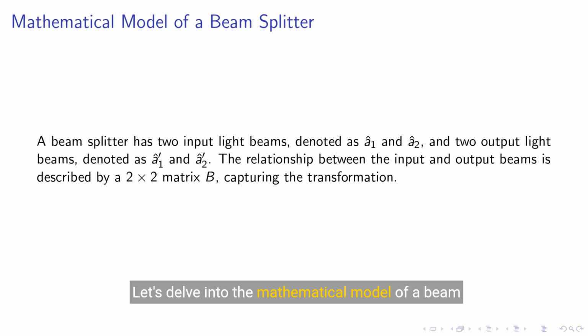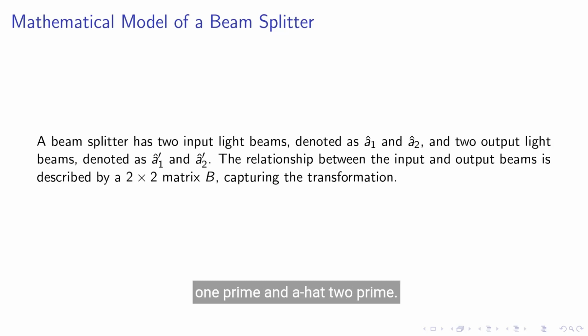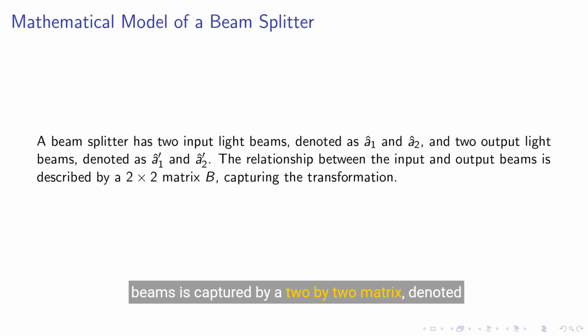Let's delve into the mathematical model of a beam splitter. A typical beam splitter takes two input light beams, which we denote as a-hat-1 and a-hat-2, and produces two output light beams, a-hat-1' and a-hat-2'. The relationship between these input and output beams is captured by a 2x2 matrix, denoted as B, effectively mapping the